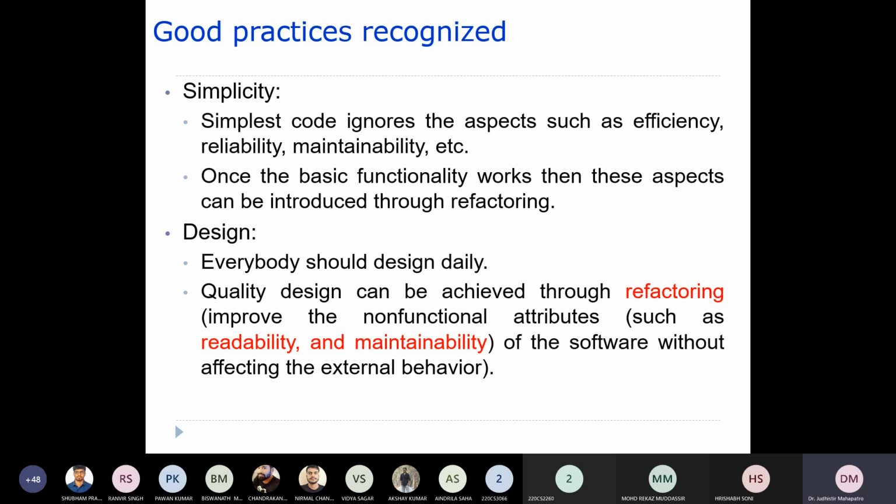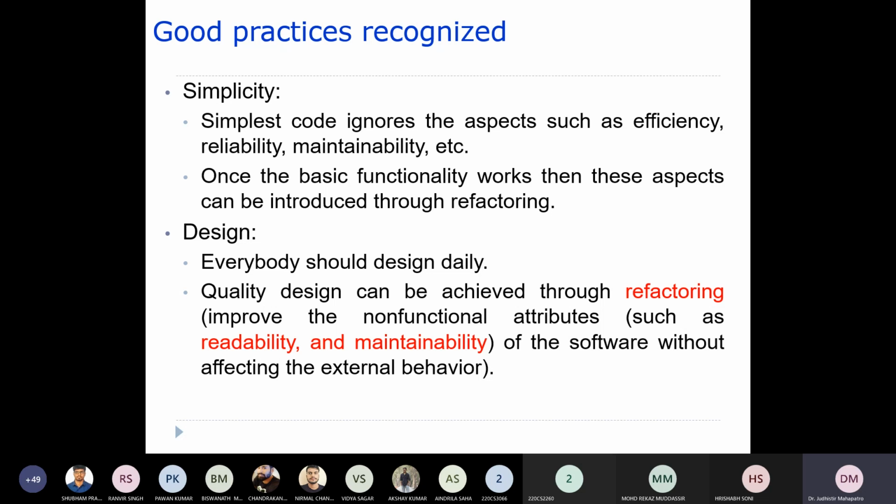Those things can be done through refactoring also. So initially you come up with the first version of a design, and then you keep on improving that design through refactoring.